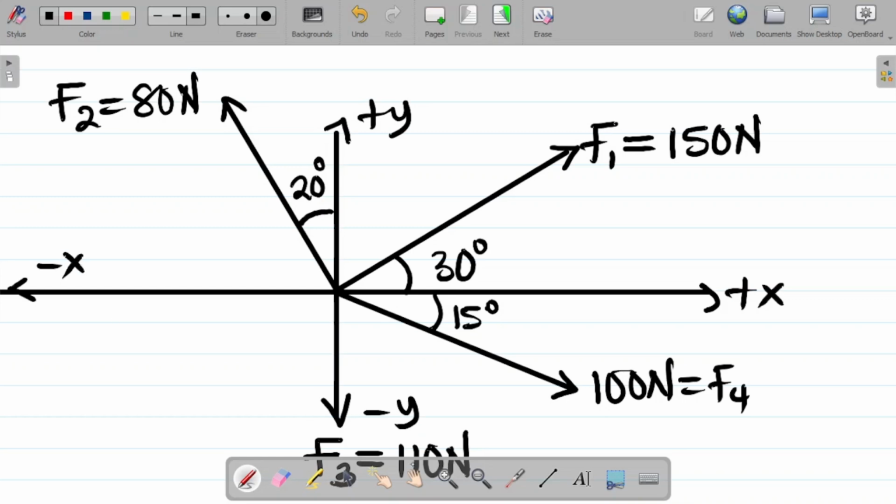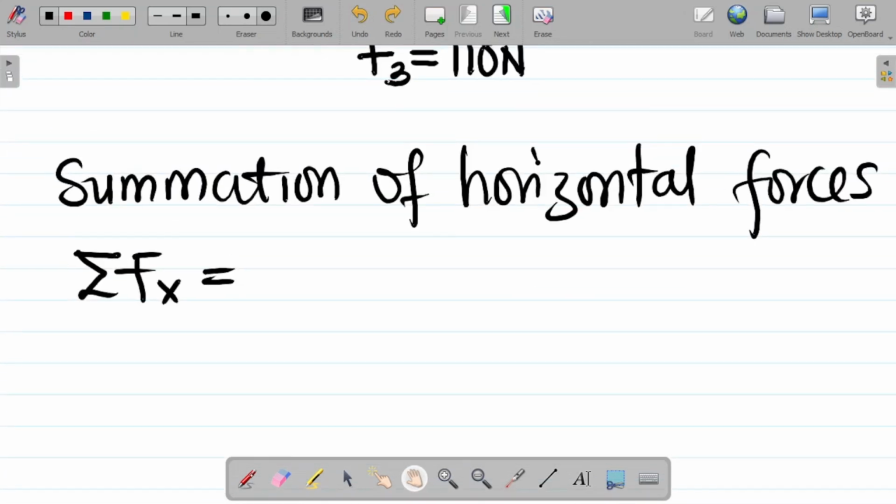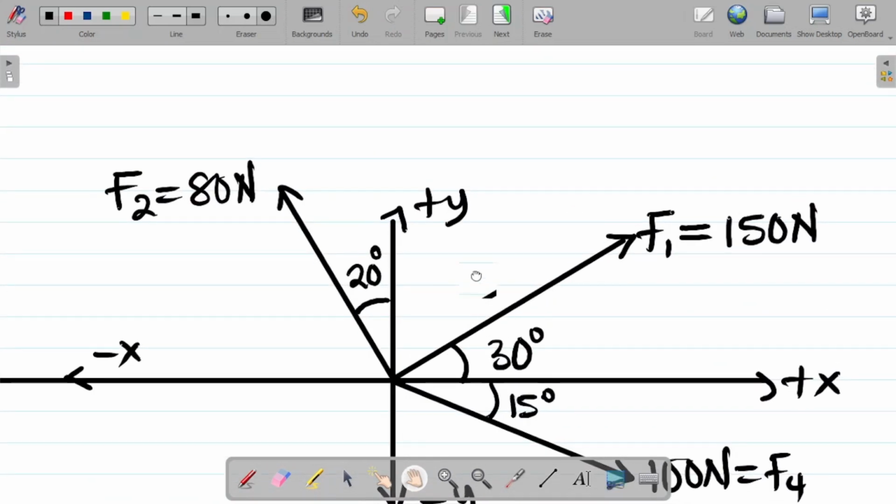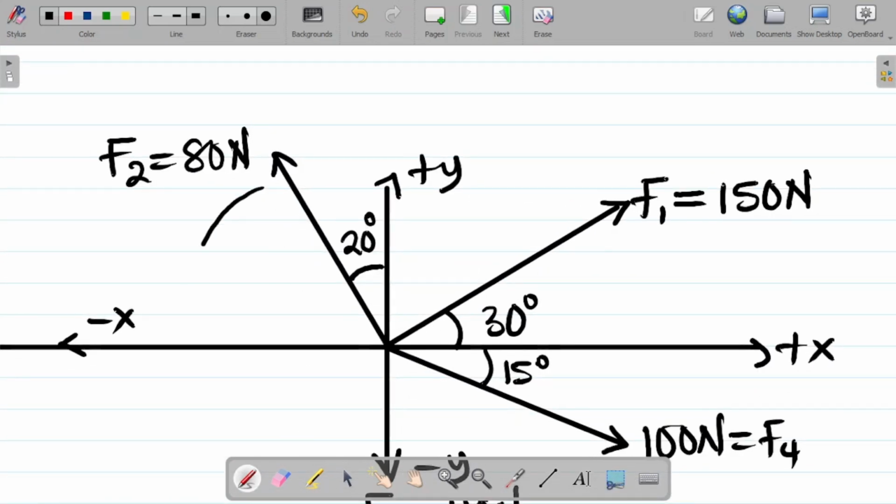If I resolve this to the horizontal this way, you have positive x, that becomes plus 150. Again, considering that the angle here is between the force and the horizontal line, the horizontal component is given by cosine of the angle, that's 30. So I have 150 cos 30 as my value there. Next up, if I look at the next one here, if I resolve this to the horizontal,